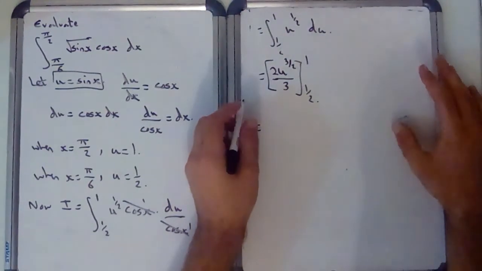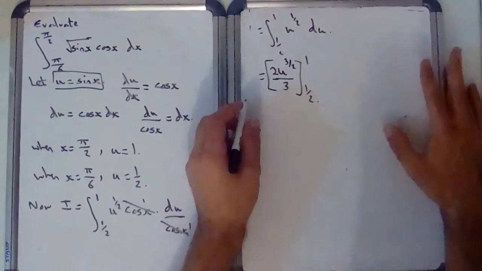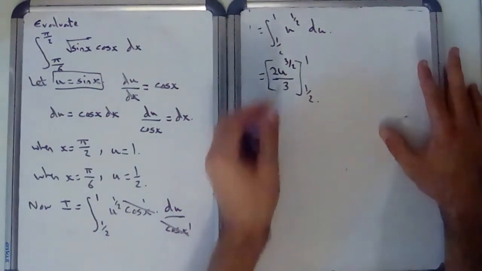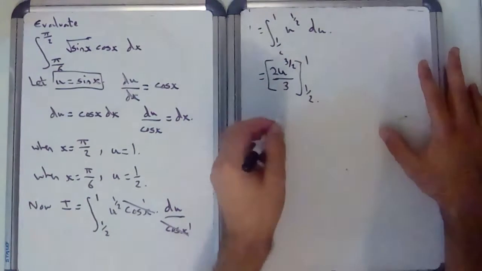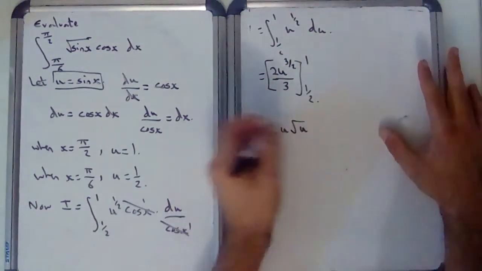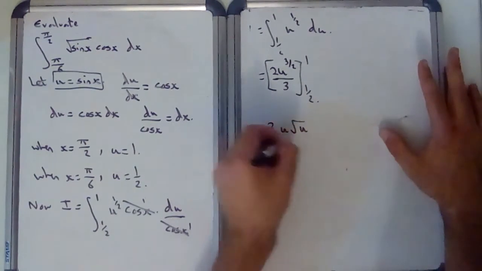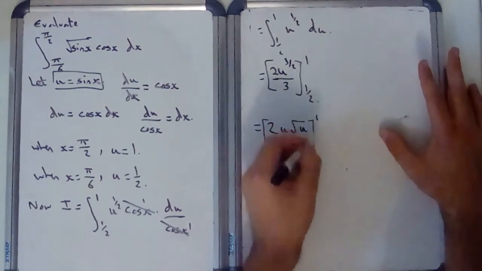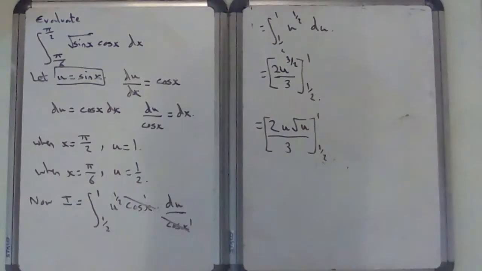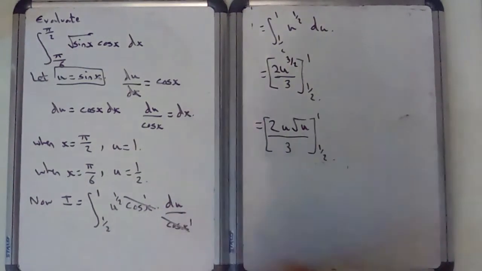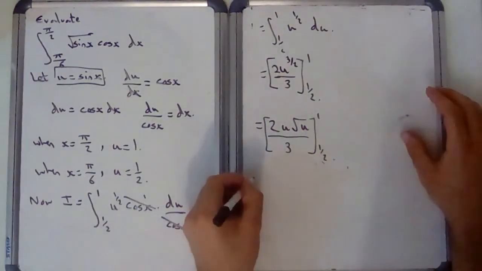One thing I probably should do, I'm just going to change this 3/2, so it equals 2. U to the 3/2 I'm going to write as u root u. So 2u root u over 3. And we're going to evaluate that at 1 and at 1/2. Okay, so then we just need to evaluate this at 1 and evaluate it at 1/2 and take one away from the other. So it equals